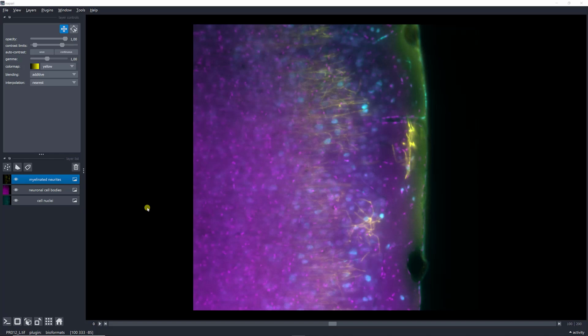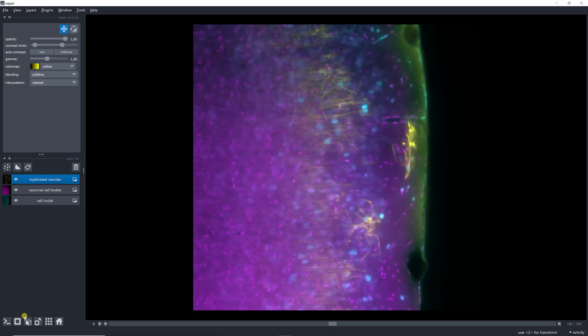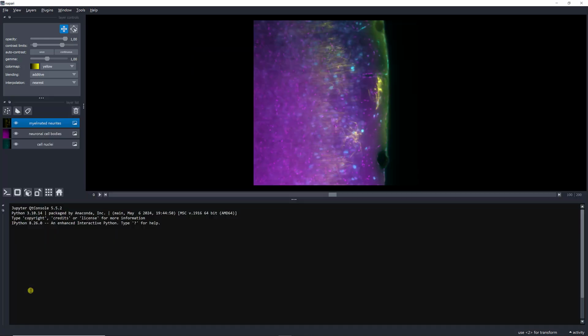On my computer, I can show you, I have two GPUs. By default, GPU 0, which is the Intel GPU, is used by the Napari assistant, which is definitely not convenient because it's a very small GPU. I have a larger GPU here, and so I can change that. It just requires a bit of using the terminal. So if I open this here, I have it in memory. If I import pyclesperanto_prototype here,